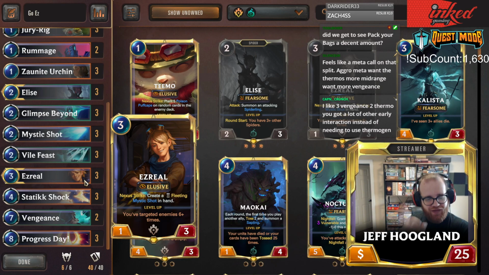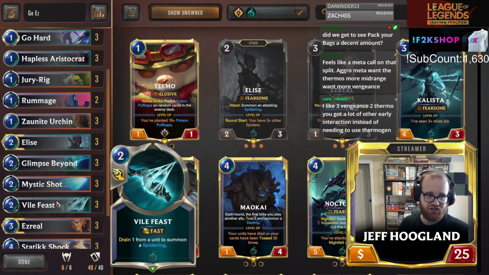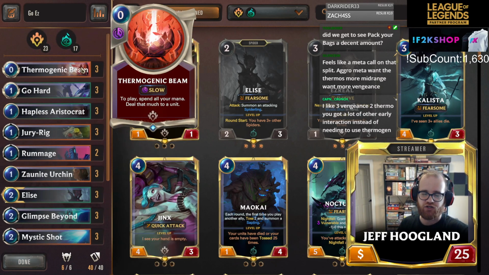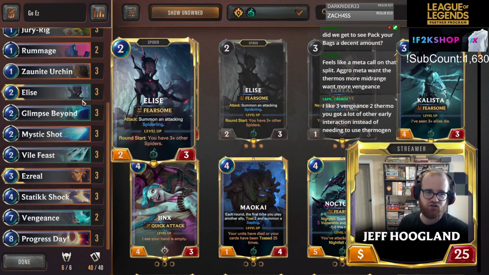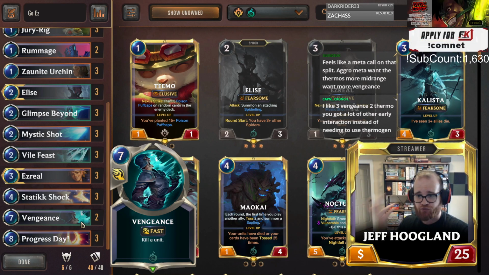Yeah, I think that could be a good observation, Captain Crunch, because we have things like Go Hard and Mystic Shot and Vile Feast. That could mean we don't need the flexibility on this as often, and it makes putting the 3-2 split in Vengeance's favor a little bit better. So yeah, overall, if you're looking for a sweet Ezreal deck, this one felt really fun. Had a lot of good sets in there. Definitely going to be one of my highlights this week. Thanks everybody for